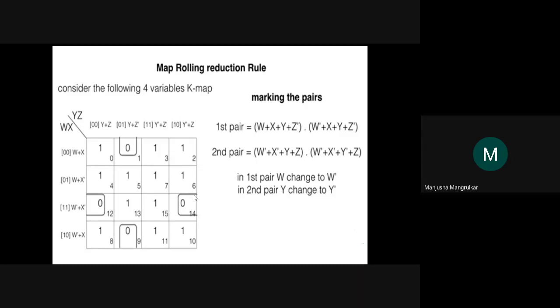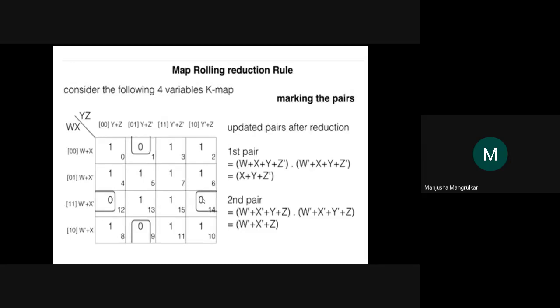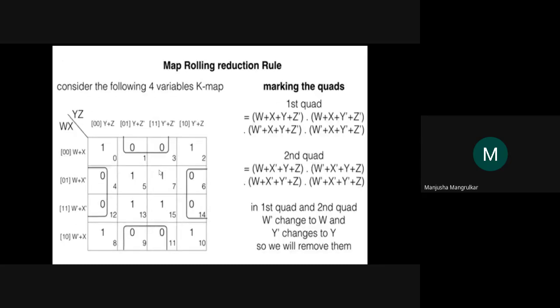Here we are pairing only two terms. We can pair four terms also. These two can be paired with these two edges. These two can be paired with these two. The rules for finding the expression are the same, but we must see which columns are pairing with which columns. Columns 1 and 3 are pairing with 9 and 11. So you have to do it.